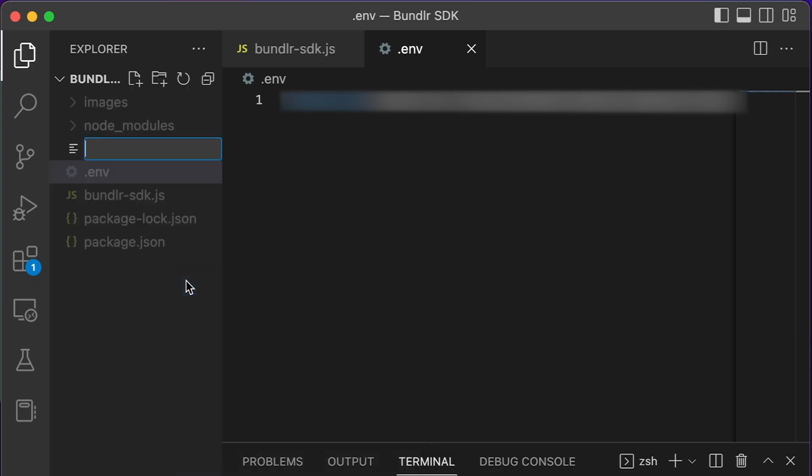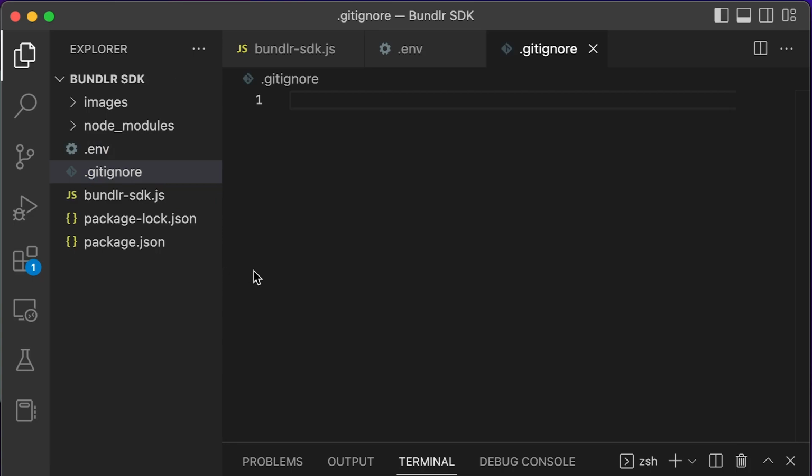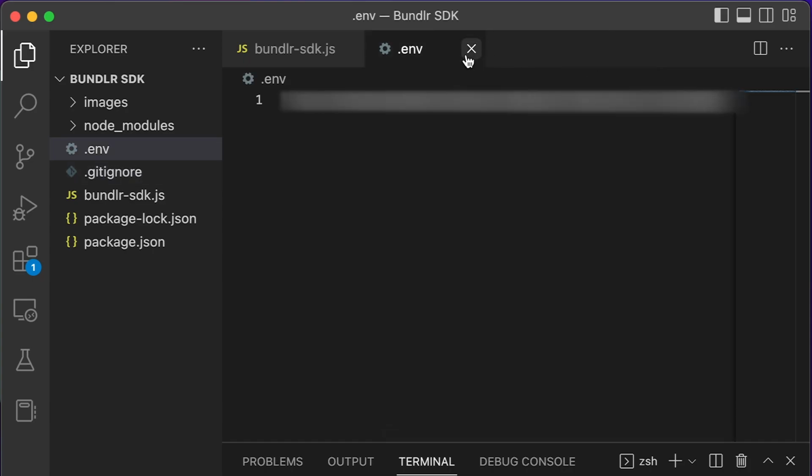Good practice, always, when you create a .env file is to create a .gitignore file, on the off chance you do put this code in GitHub. So there is no way at all your .env will get uploaded. It's just really good practice. If you create that .env file, make sure you've got a .gitignore file too.